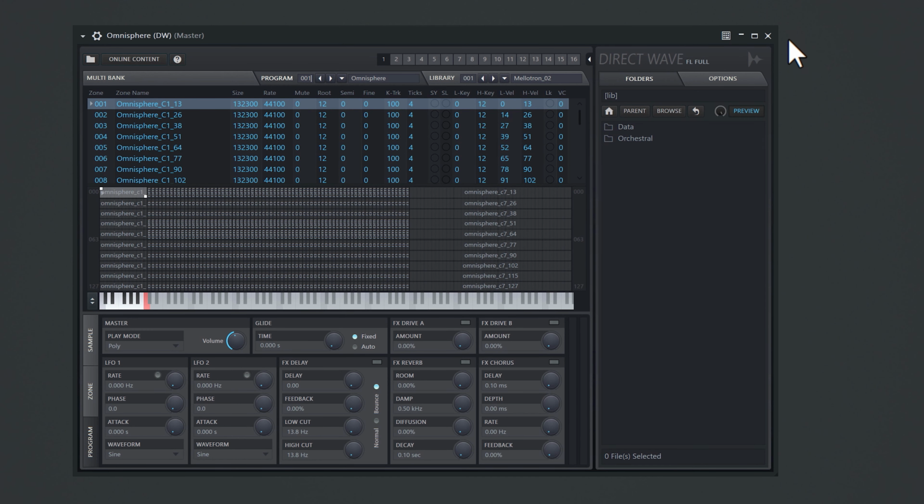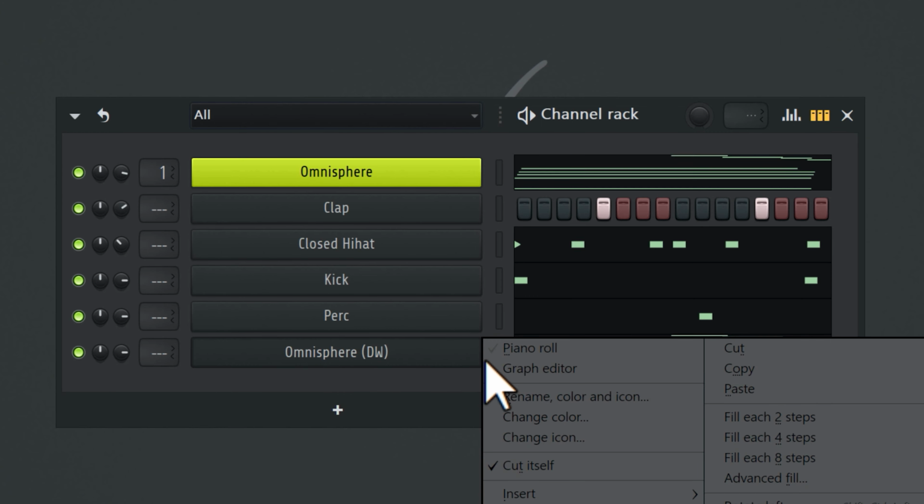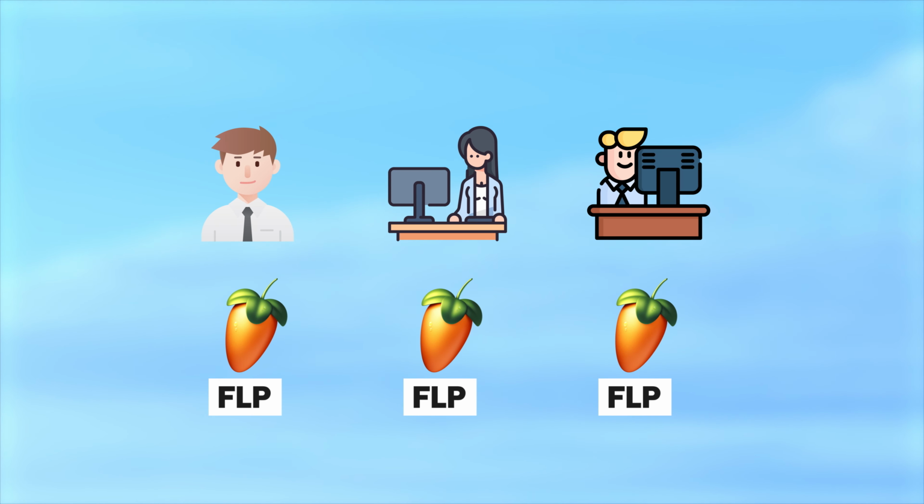Now the sampled instrument will open up, but we don't need it for now, so you can just close it. As you can see, this created a new instrument in the channel rack. Create a beautiful melody like this, and voila! Now there's one more thing you need to remember. If you send this project to a friend, don't forget to include the DWP file. Now anyone can open up this project without a problem, unless your